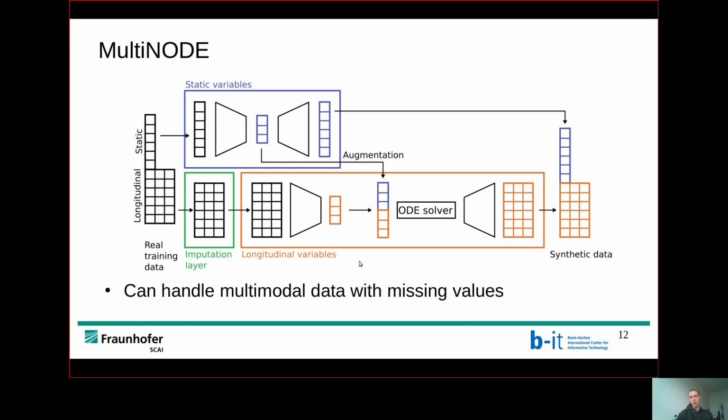And now we can also generate synthetic data from these models by sampling a random latent distribution in the latent space here, both for the static and the longitudinal variables. We augment them to build the initial condition for the ODE solver, and then decode the resulting output back into data space. And this decoded output then represents the artificial longitudinal data. And to get the artificial static data, we decode the randomly sampled static latent representation directly through the HIVAE module that we see here on top and gain the corresponding data in data space.